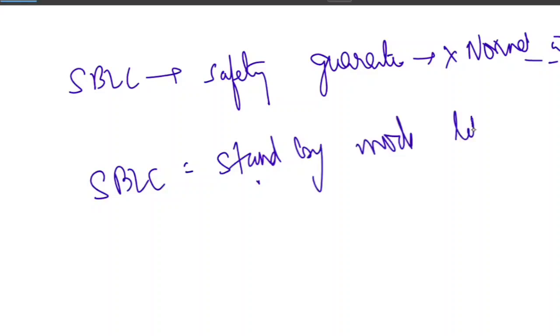Right, you might have seen a UPS, right? So it's a kind of standby mode like a UPS. Just like a UPS powers your computer only when electricity fails, similarly, an SBLC pays only when the buyer fails, right? So a UPS is used only on failure. So an SBLC is used only on default. That's the difference. Now, a very good question in front of you.